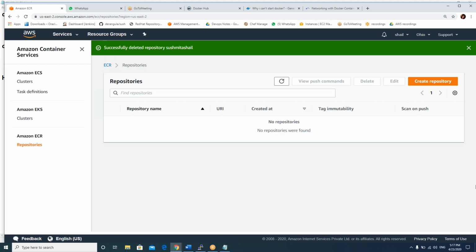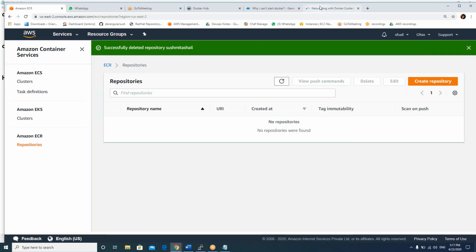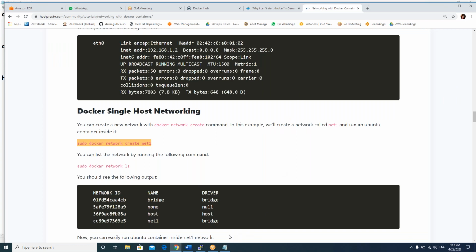Now go back to the Dockerfile. You have a number of options in a Dockerfile, based on the instructions, like what command you want to run on top of that image.